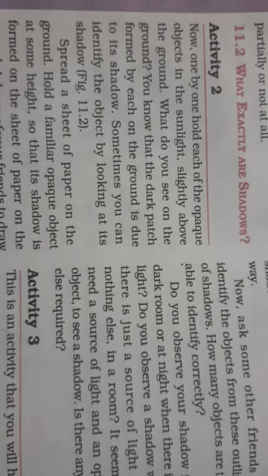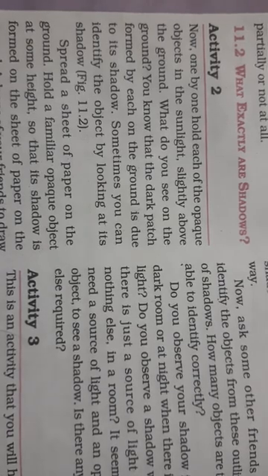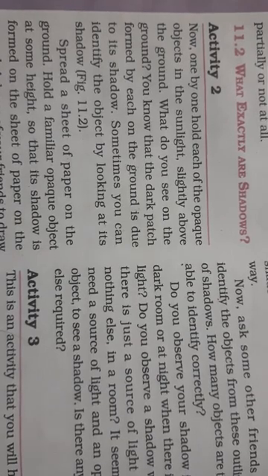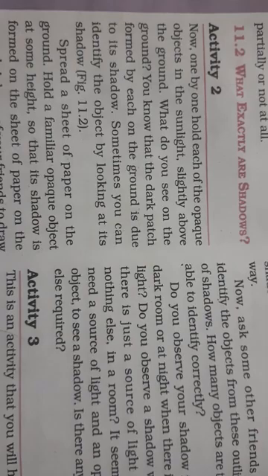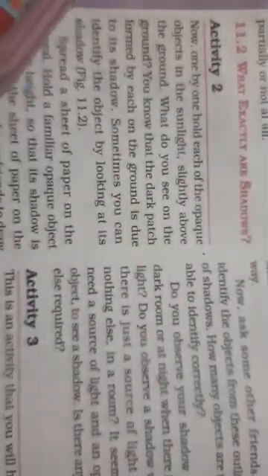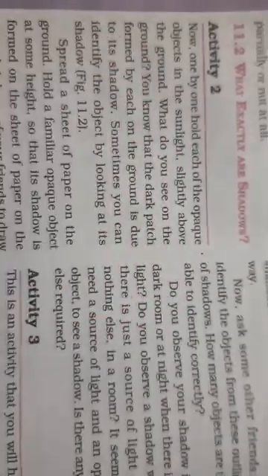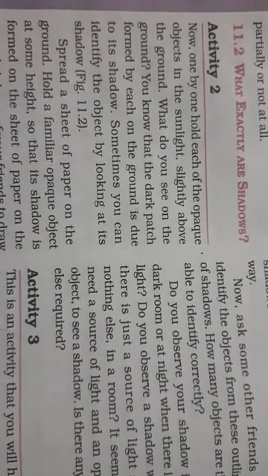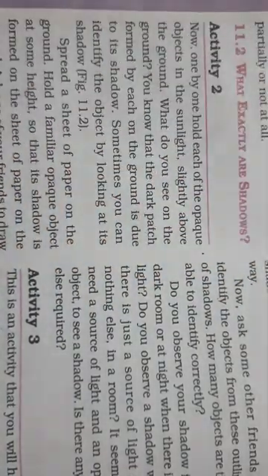Whenever an opaque object comes in the path of the light. For example, just now I showed you the pencil box. See, here I have got the pencil box. Now this pencil box is coming from this side, so there is no shadow. It is not blocking the path of the light. But now the light at my house is coming from this side. So what is happening now?